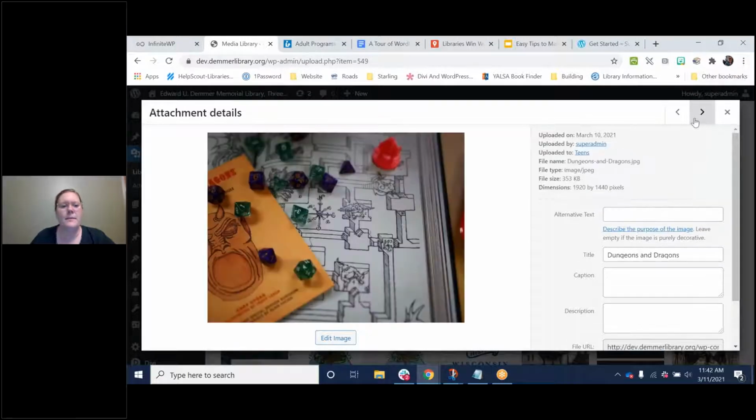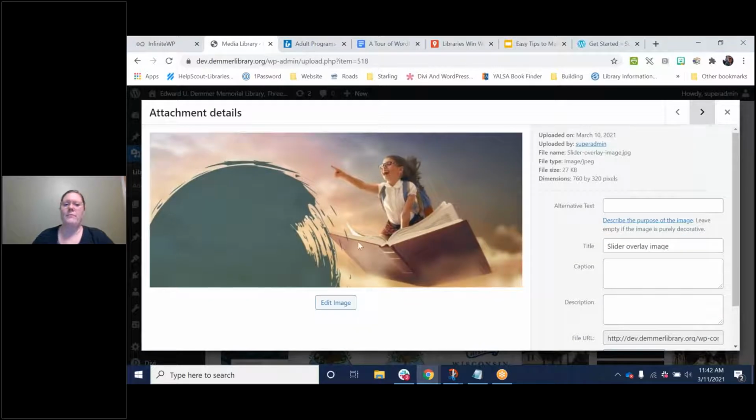Okay, let's go to the next image. Dungeons and Dragons, super cool. So maybe this looks purely decorative to me, so I wouldn't put anything in there. Oh, let's pretend this is a slider for story time. So you could say, join us for story time on Wednesdays at 10:30 a.m. on Facebook Live.